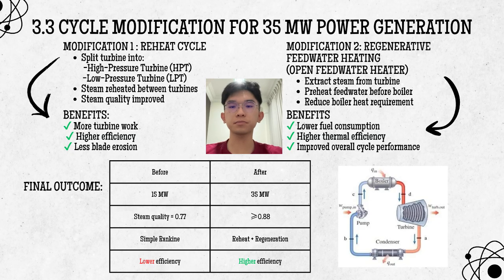efficiency. As shown in the comparison table below, these modifications increase the power generation from 15 megawatts to 35 megawatts, improve the steam quality from 0.77 to at least 0.88, and transform the simple Rankine cycle into a more efficient reheat and regenerative cycle. Overall, these two modifications enable the plant to achieve the required 35 megawatt output while operating